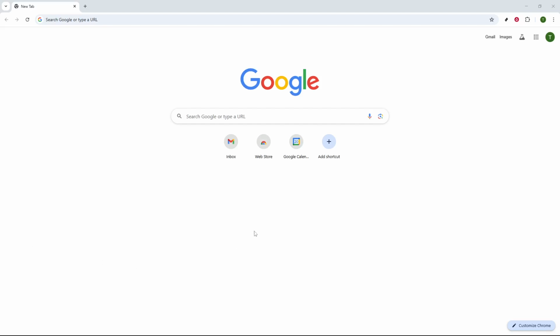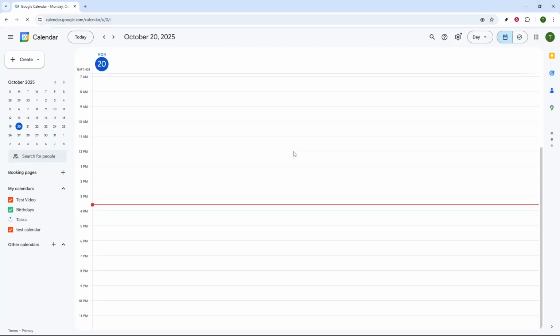First up, open your browser and navigate to the Google Calendar website. You can simply enter Google Calendar in your search engine and follow the link to calendar.google.com. Once it loads, you'll see your calendar for today, Monday, October 20th, 2025. This is your main view, where you'll be able to see your day, week, or month, depending on the setting